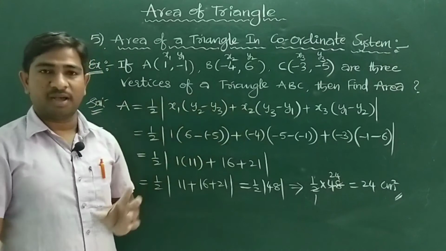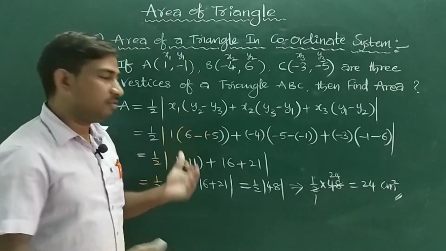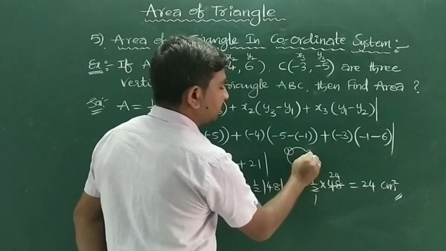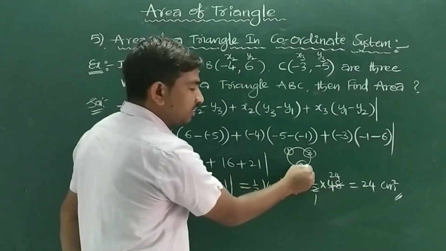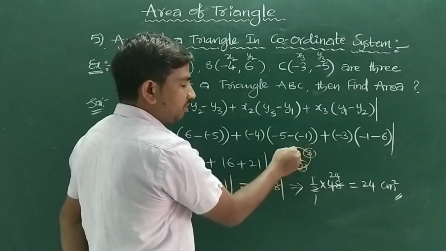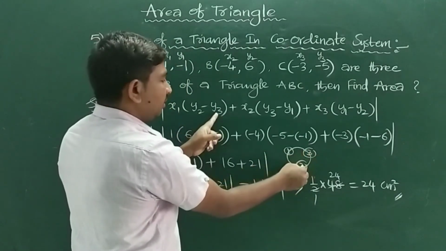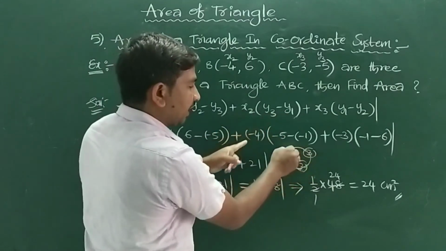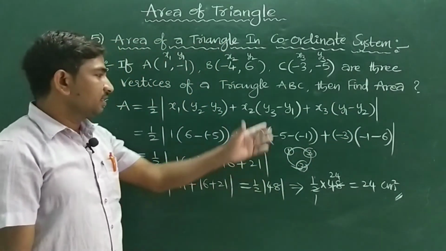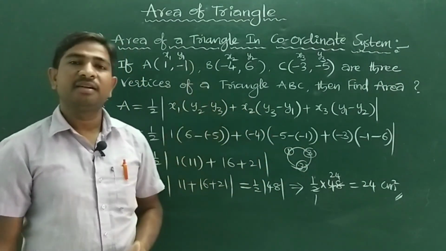So by using this formula, okay. To remember this formula, you have to keep the cyclic order in your mind. So what is the cyclic order here? 1, 2 and 3. If you start with 1, then the continuation is 2, 3. If you start with 2, then you get the continuation 3 and 1. If you start with 3, then you get 1 and 2. Observe, if you start with 1, continuation 2, 3, y terms. If you start with 2, then continuation 3 and 1, cyclic. If you start with 3, then y1 and minus y2. So to remember this area of the triangle, this is the most useful logic.